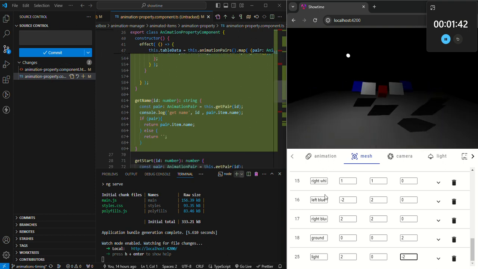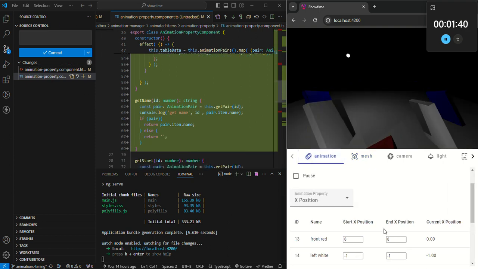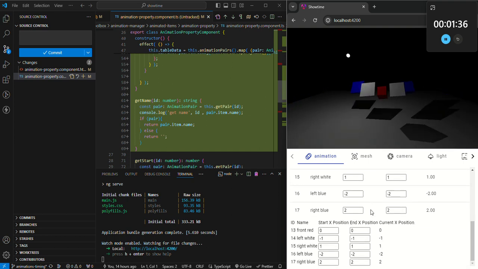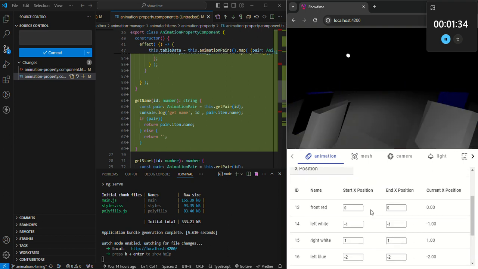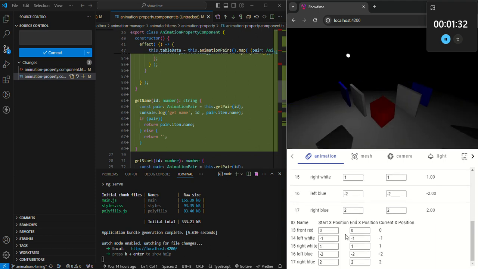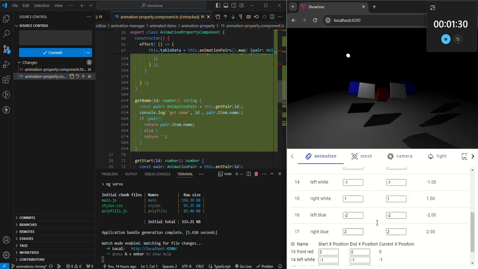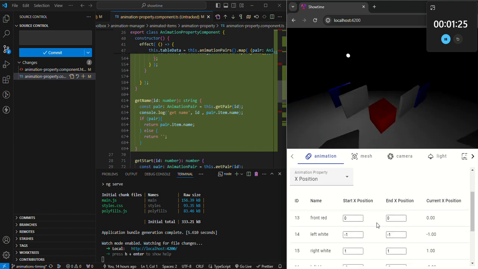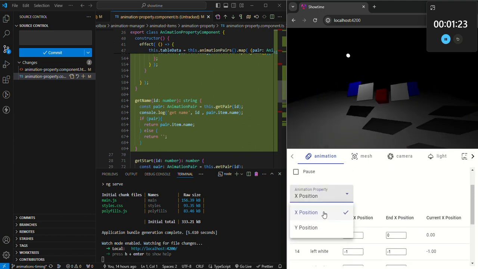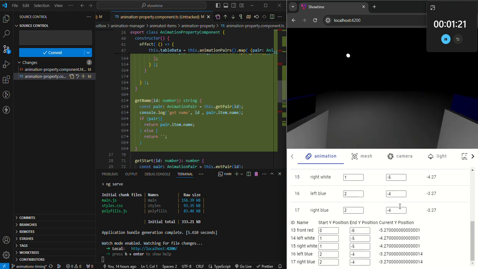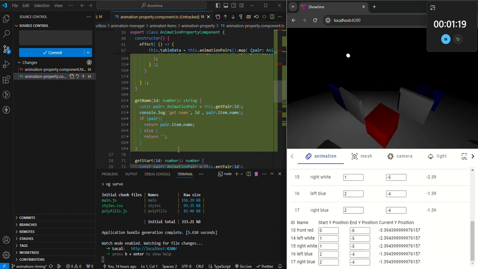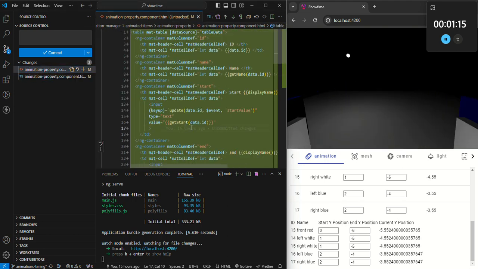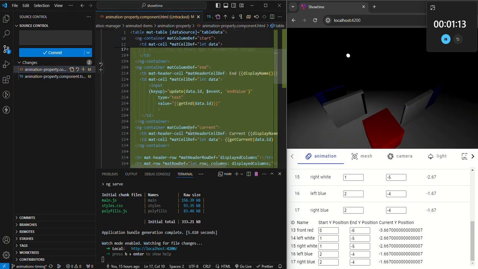So in the code, if you look at the animations, basically all I did was make this table a matte table. And you can see it looks nice. And then this one, you know, doesn't look so nice. And so the X's never change, so we're not seeing the changes. But let me see, Y position. So now these are cut off by 2, and that was done with a pipe. So if you look in here in our matte table,